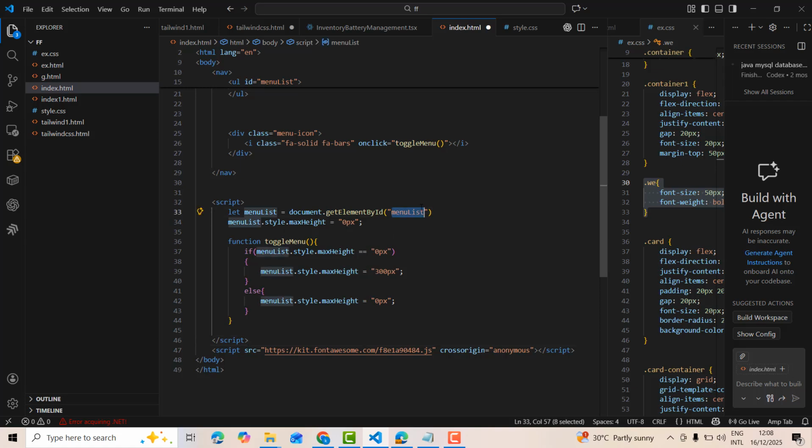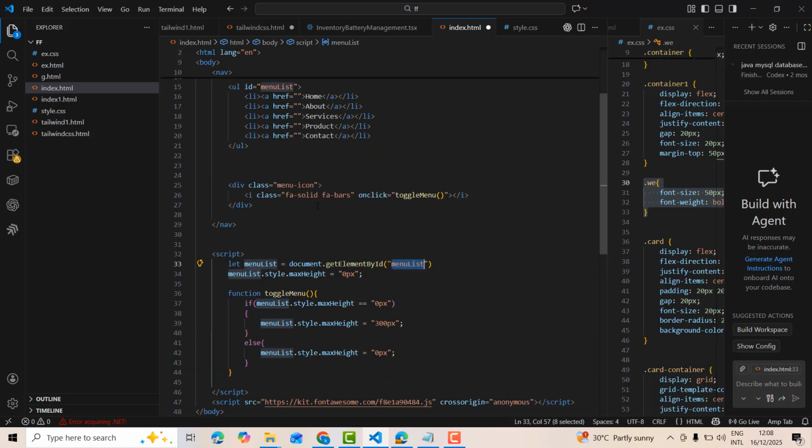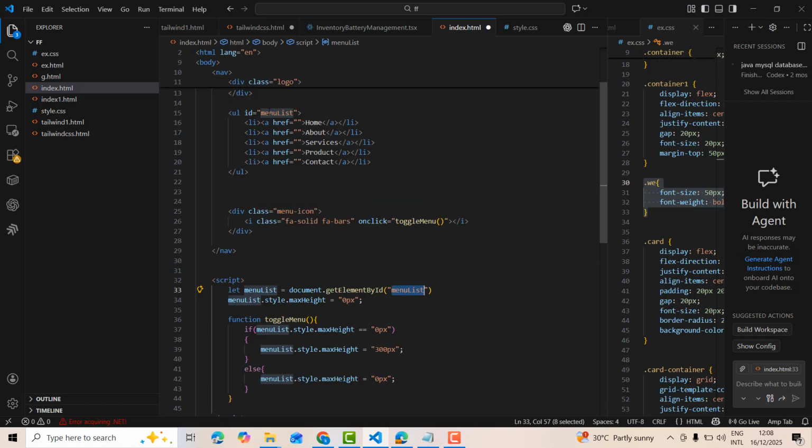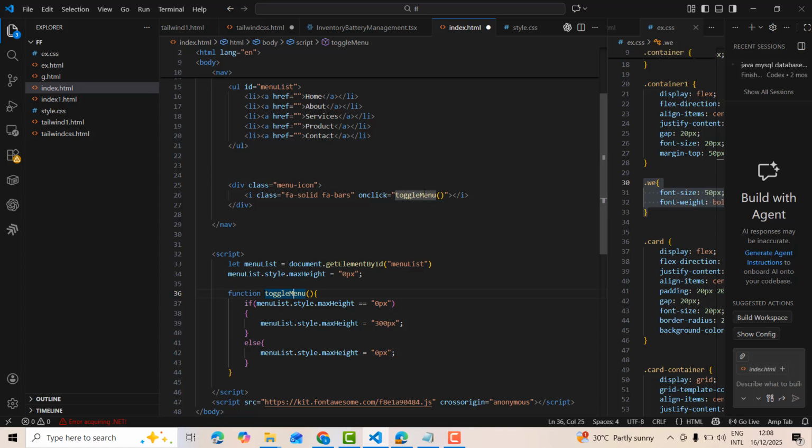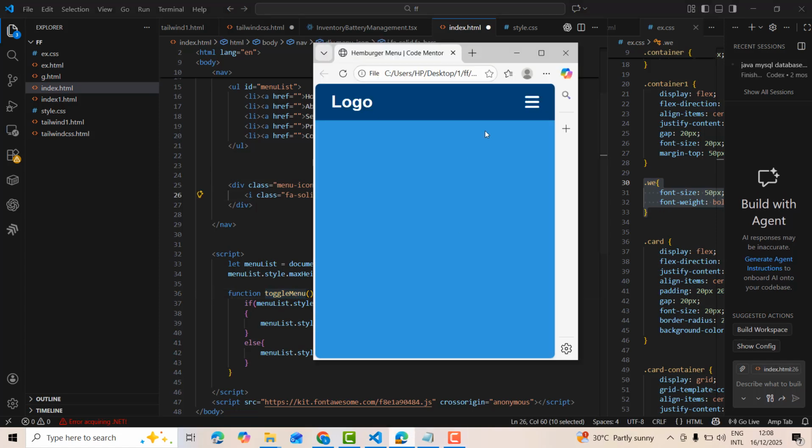So write it as a menu list. This is a menu list. We have that menu list. You have to call the ID. The menu list style you have to make it as height, 0 pixel. This function is a toggle. If you click on that toggle, which is nothing but that button toggle,